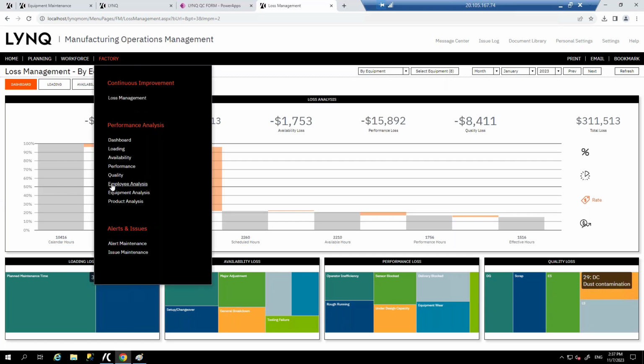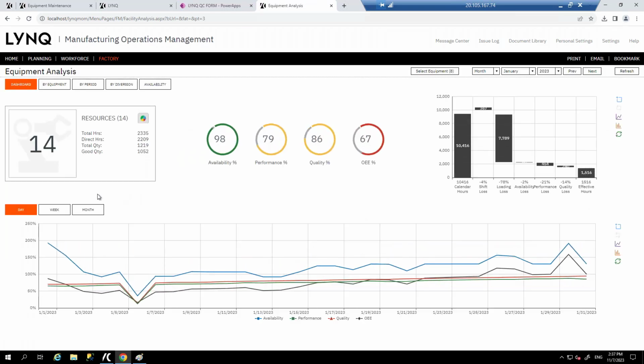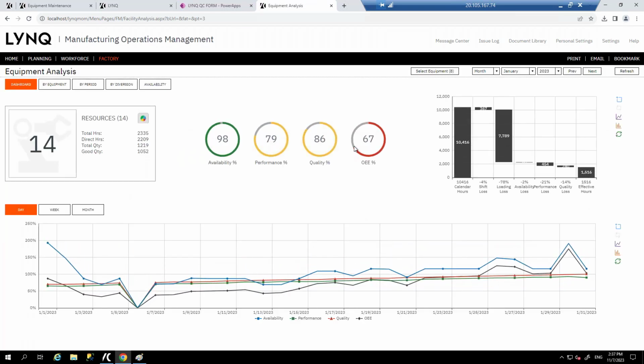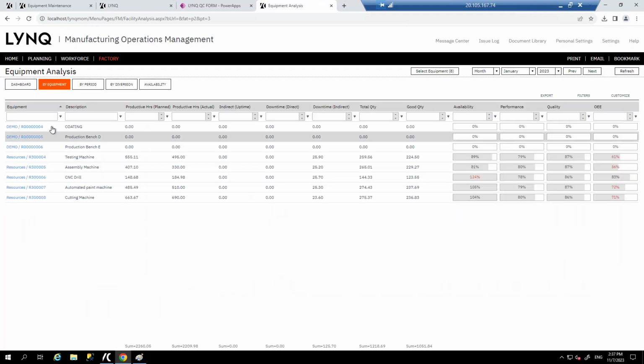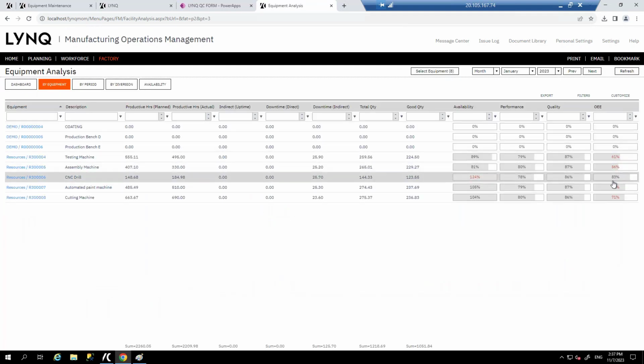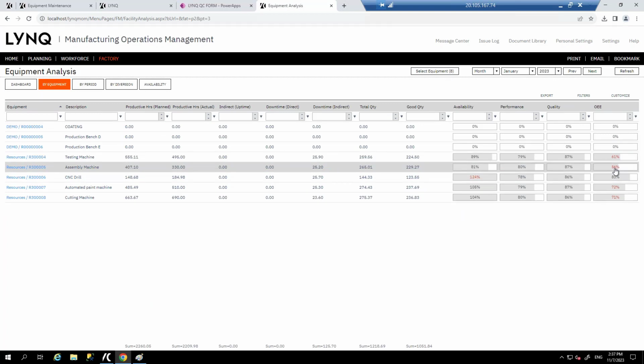Okay, so if we want to then look at OEE for that month, it's 67%. Where's that 33% gone is the question, really. And you can see these are the reasons why your OEE is not as high as it should be. And then of course you can look at that by individual resource, and why is this one at 56%? Maybe we had a problem with that machine during that period.